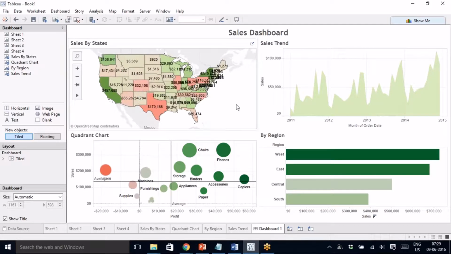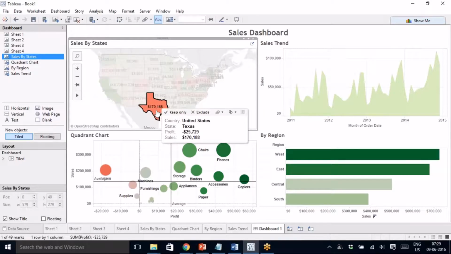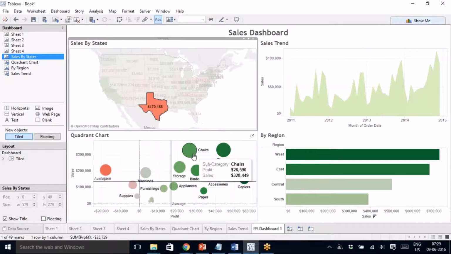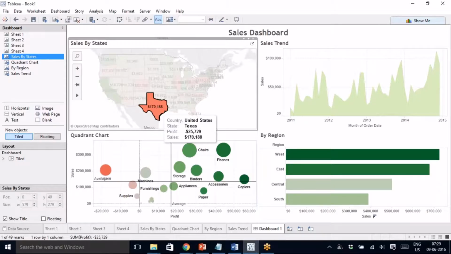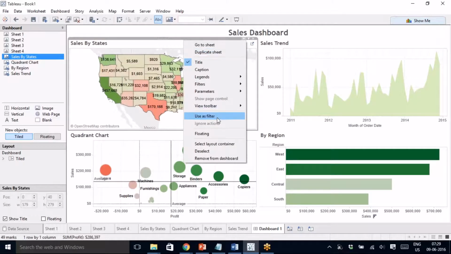So now assume that I want to see, I know that my Texas is not doing good, and when I click on Texas, I want to see what is happening, what is my sales trend, and how my subcategories are doing for California. I know that because it is doing very bad. I want to know which of my subcategory is doing good and bad in that. So to enable that, what we need to do is go to this arrow button